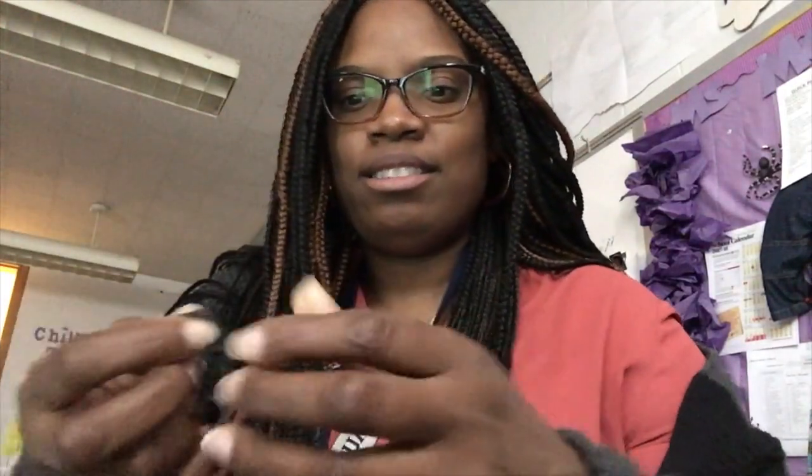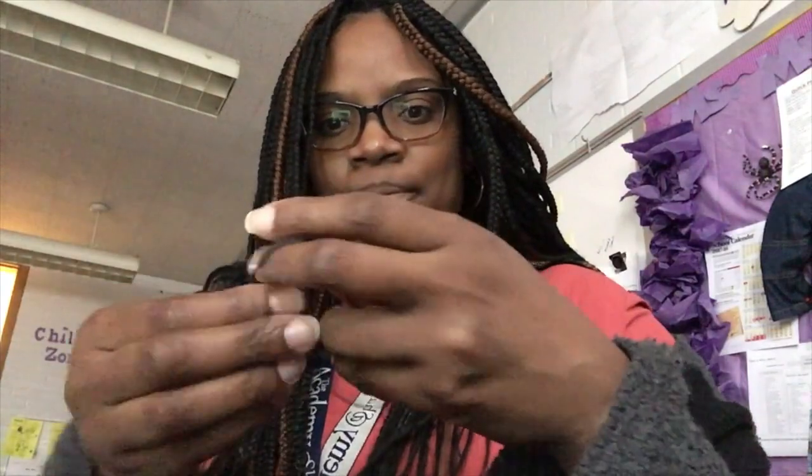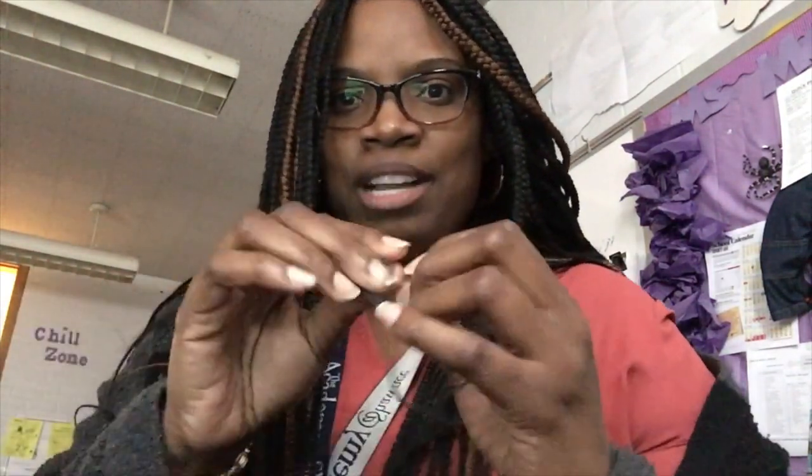So I don't know if this is the rubber band that I have to keep my hair together, and I took it out for a minute so I can redo it. Oh, it's breaking on me. So, but anyway, until I figure it out, I'll just be a lot of hair today. So anyway,